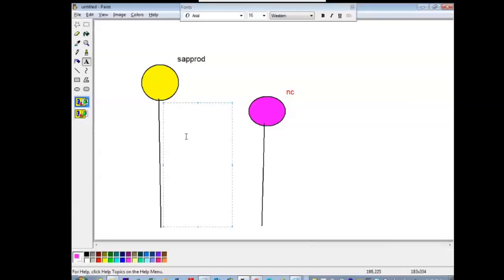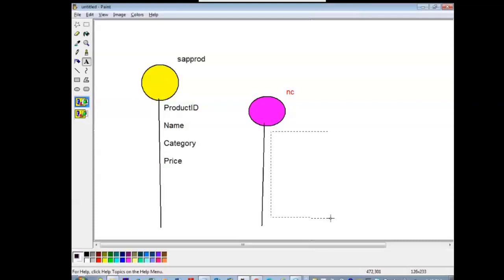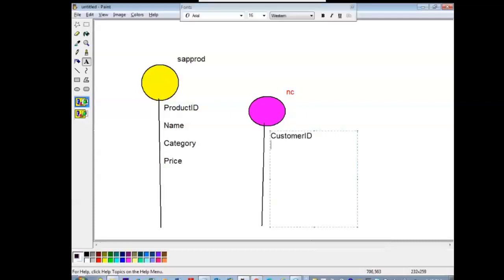So for the SAP products, we have product ID, name, category, price, and so on. For the Northwind customers also, we have customer ID, customer name, city, phone, all these things.